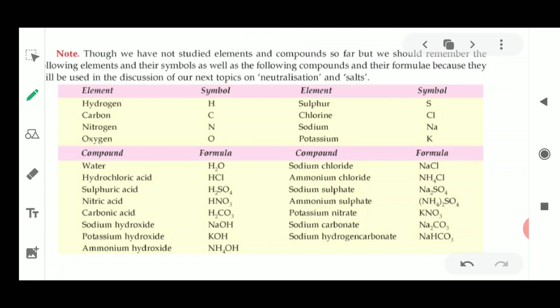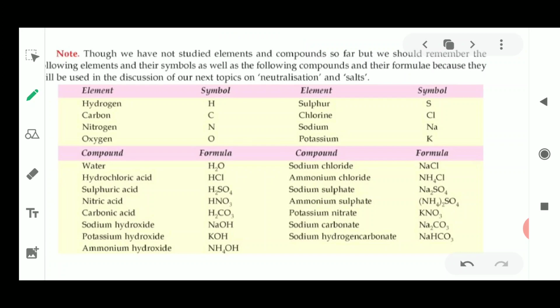Okay. So today we have studied a brief description about acids and bases. We have studied about the properties, that acids are corrosive in nature, they are sour in taste, and there are two types of acids on the basis of occurrence, that is natural acid, that is organic acid, and the mineral acid which is obtained from minerals. Next, on the basis of concentration, there are weak acid and strong acid. Strong acid means concentrated acid, and weak means dilute acid. So these are the classification of acids on the basis of various types.